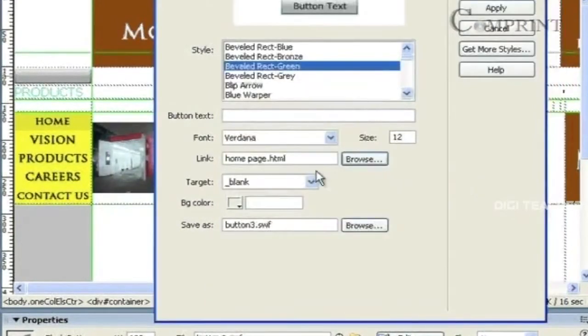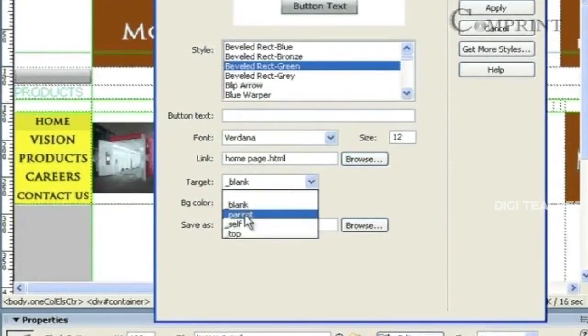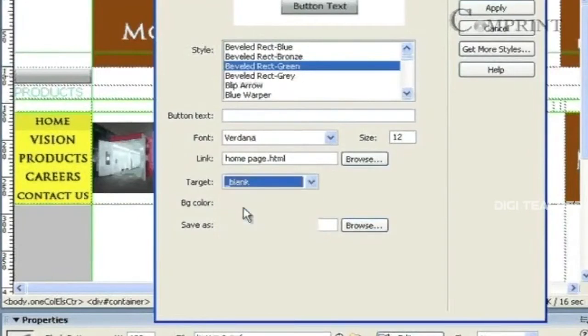Say I linked it to the home page, click on OK. Here under the target, we can choose whether we want to open the linked page in the same browser or in a separate window. If we choose blank, the file will be opened in a new window.